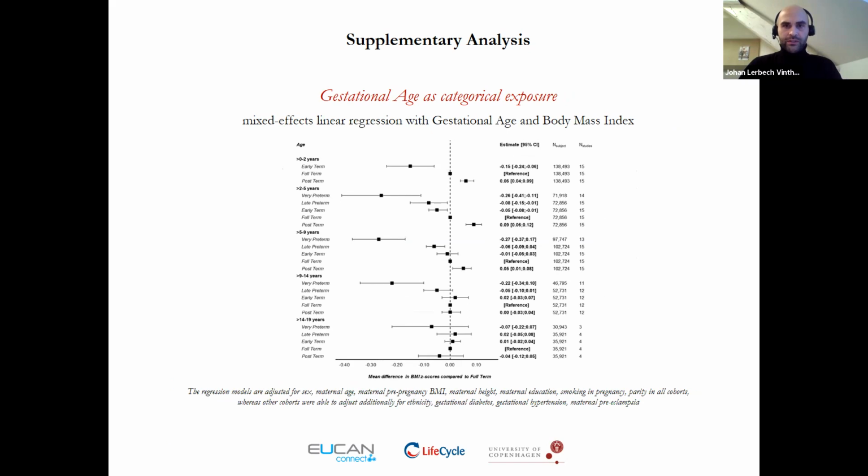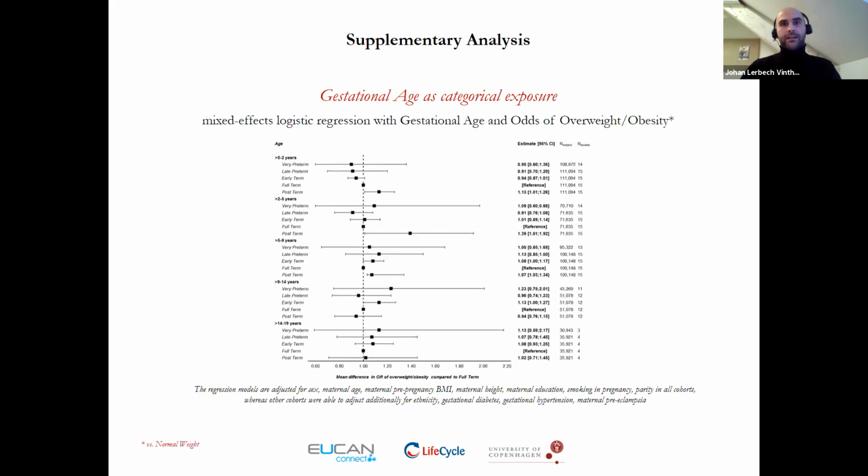So this is mean differences in BMI z-scores compared to full term, and we see that those being born very preterm and also late preterm have lower BMI z-scores compared to the full term, whereas those early term and post term are closer to full term. This changed a bit when we look at gestation age and odds of overweight and obesity, because here we see that